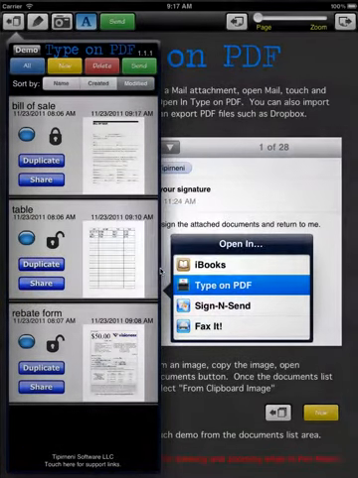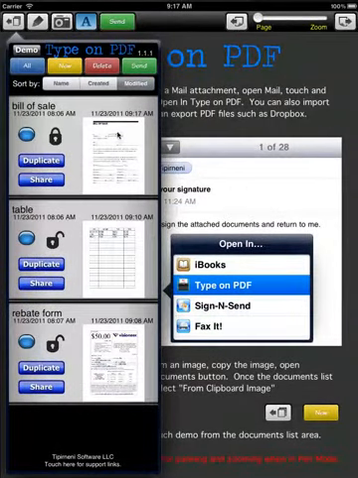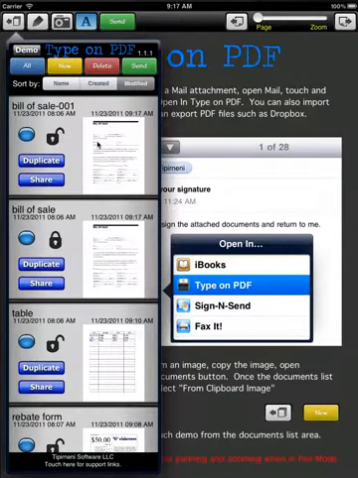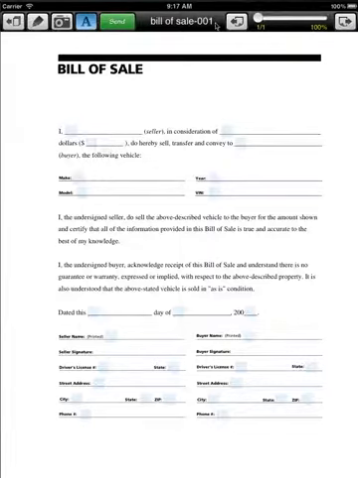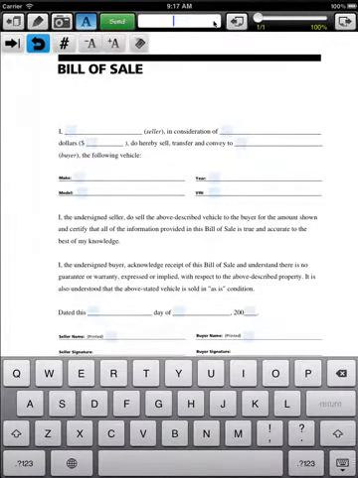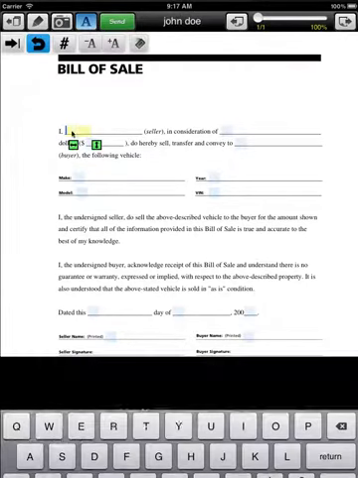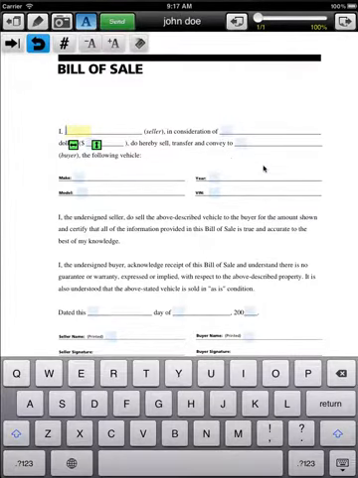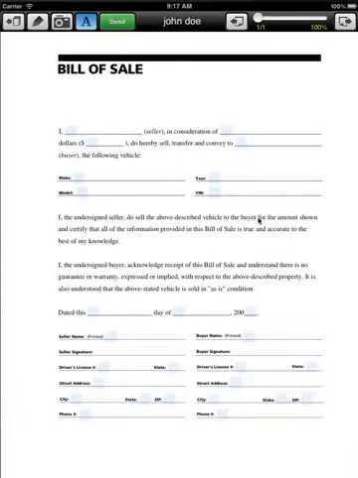Okay, so what do you do with the locked templates? First thing that you do is go ahead and duplicate it. This will make a copy of it. So every time, for example, you use the same form over and over and over again, you keep your main template locked, and then you just duplicate it to create a copy of it, and you can open this one, and you can rename it. Maybe you'll rename it to the person that is buying the car, and then start using it. So then you can start using this, and it works great as far as using a template for each separate